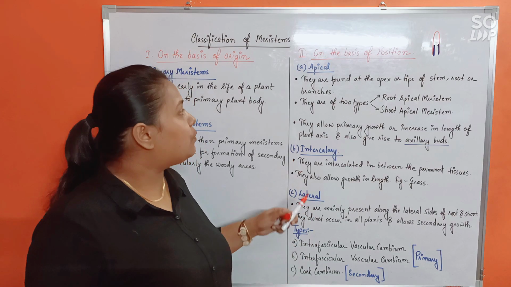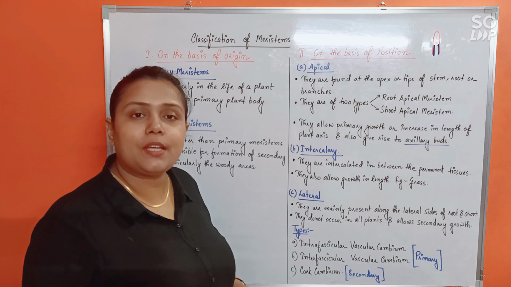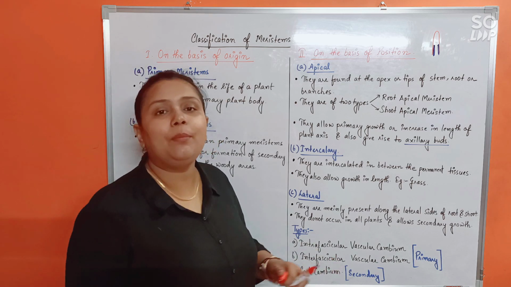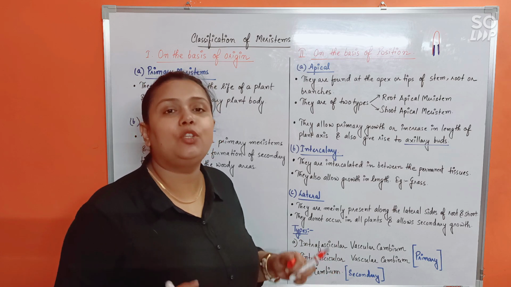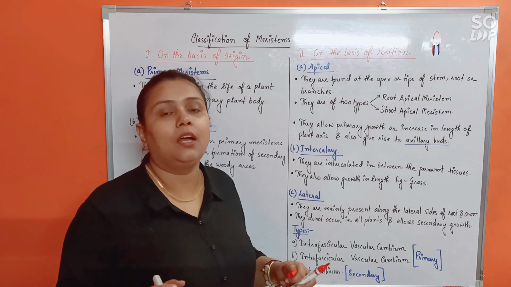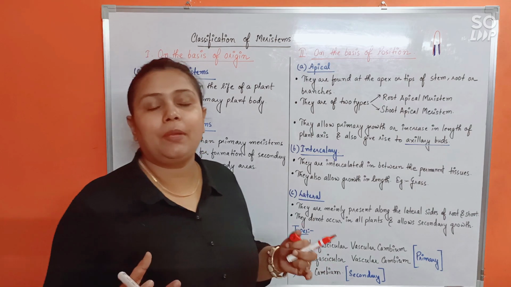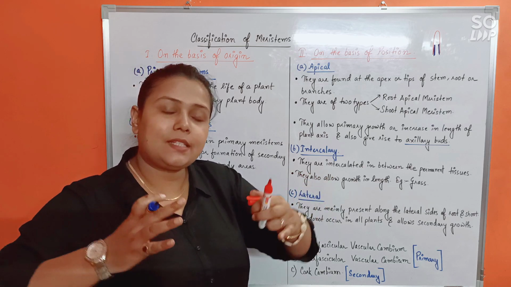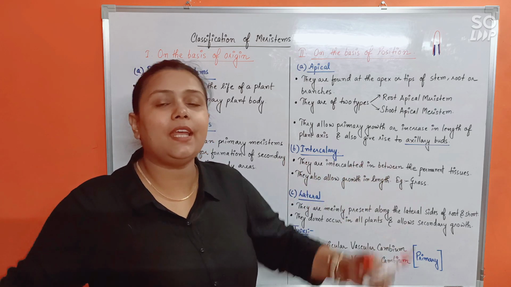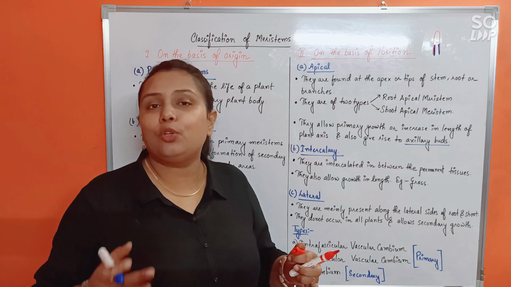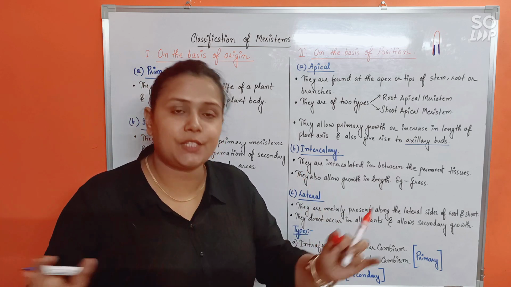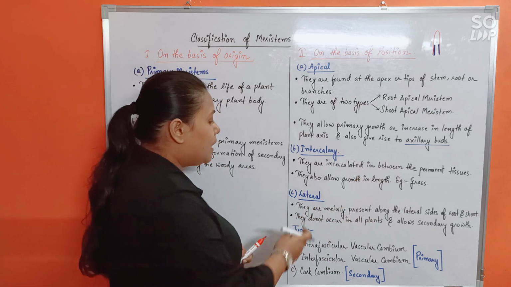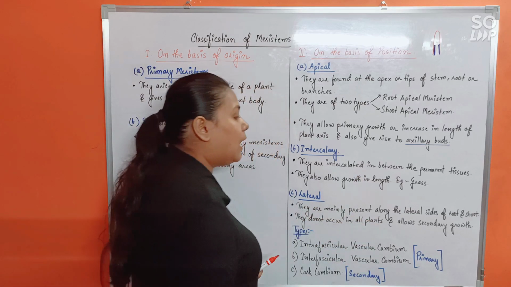Okay. So all this while apical and intercalary that we have discussed, you have come to know that they will allow the plant to grow in length. But lateral meristems, they would allow the plant to grow in girth, in diameter, because they would start depositing cells radially in the plant body, allowing the plant to grow not in length but in the transverse or diametric way. Understood that? So see this, they do not occur in all plants and allow secondary growth.